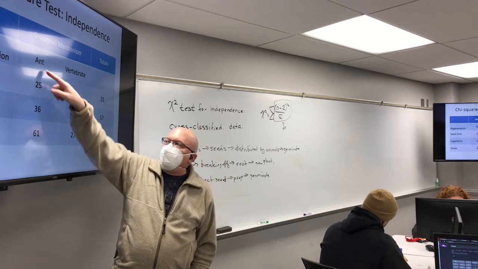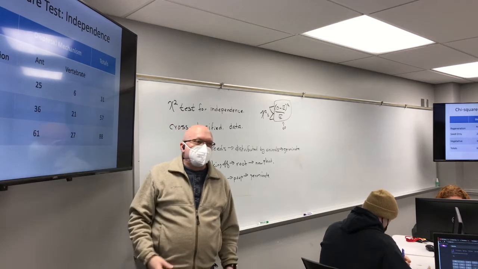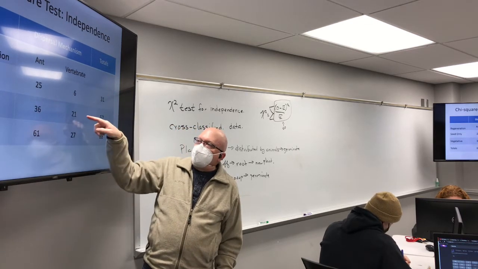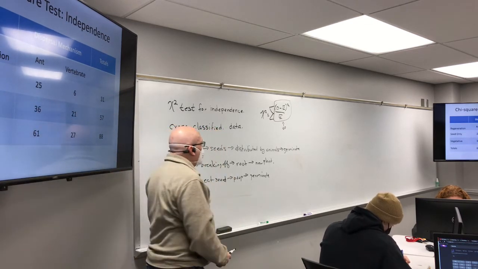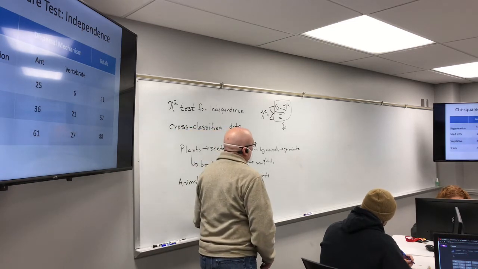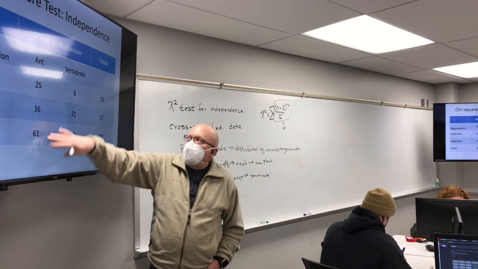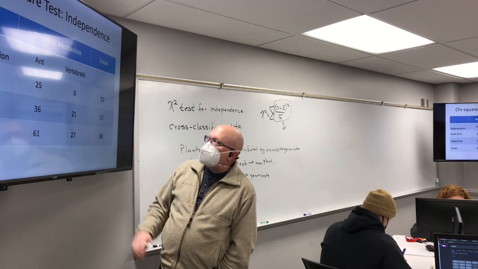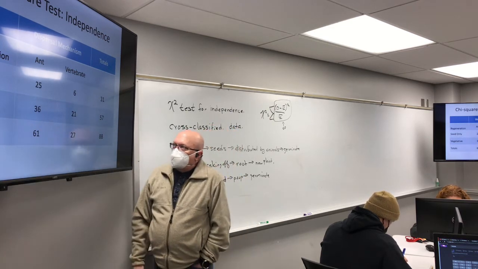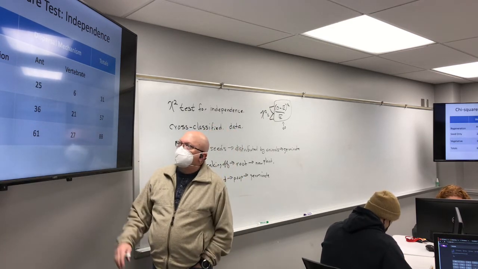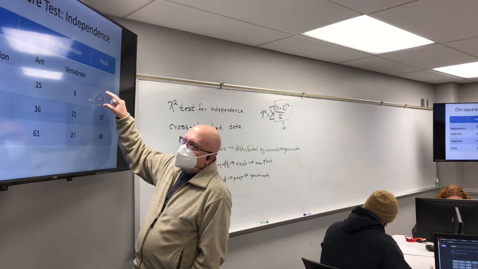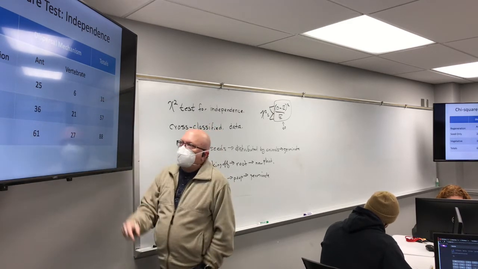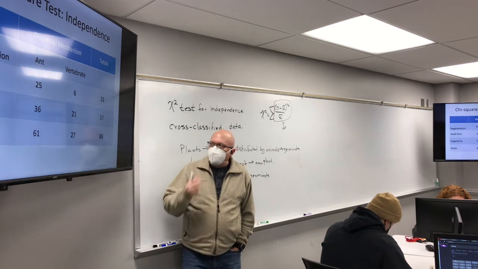Only ants disperse 36 species that reproduce vegetatively, and vertebrates produce 21 species that reproduce vegetatively. So the totals are 61 species dispersed by ants, 27 species dispersed by vertebrates. 31 of these species regenerate only with seeds, but 57 of them regenerate